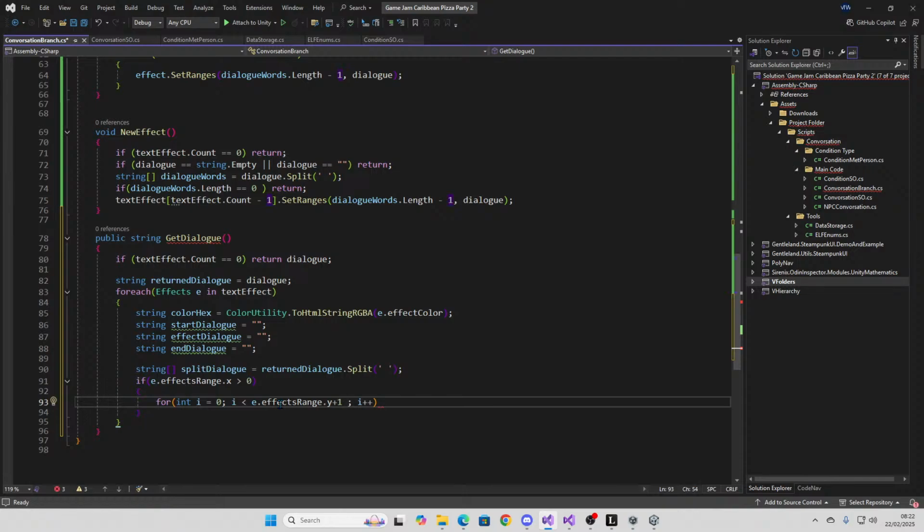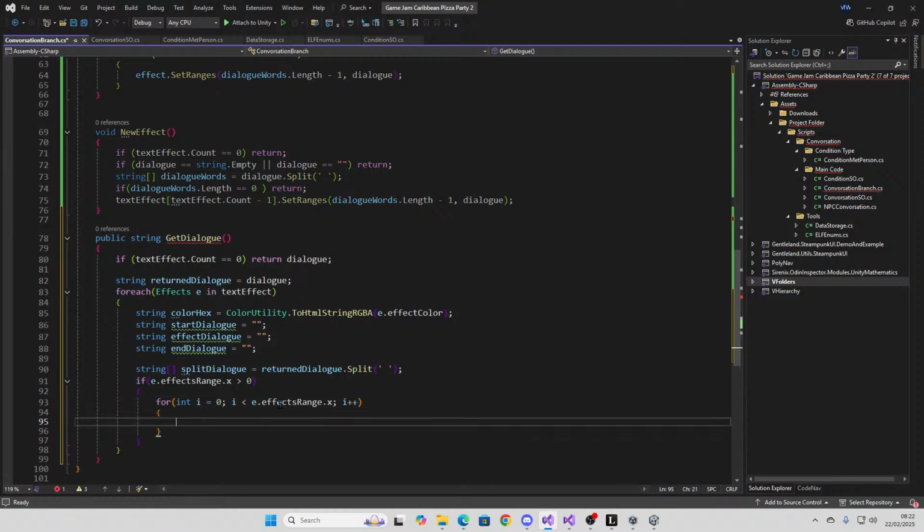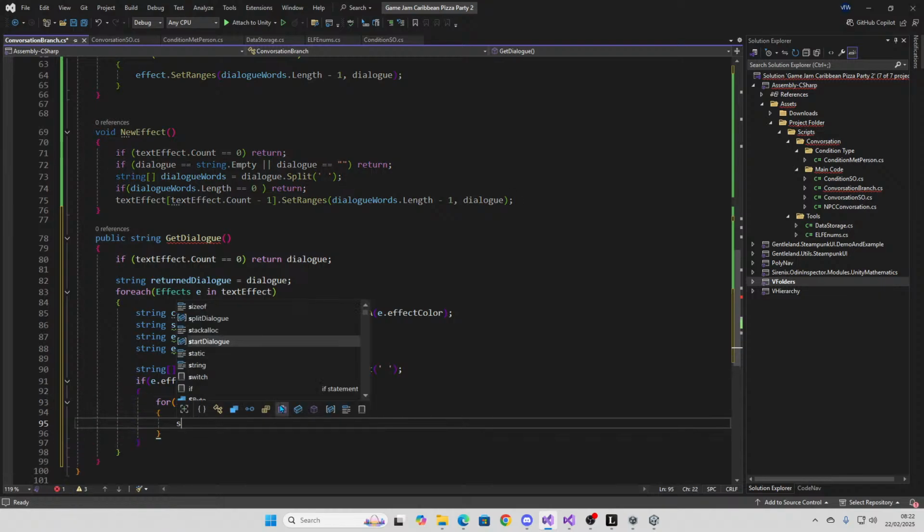No, effect range dot x. I'm starting at the beginning of the sentence up to the x position, which is the beginning of the effect range. So at the beginning of the effect. Okay, for those things, then the start